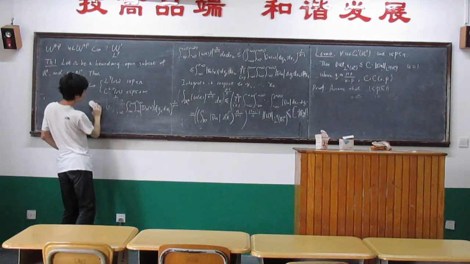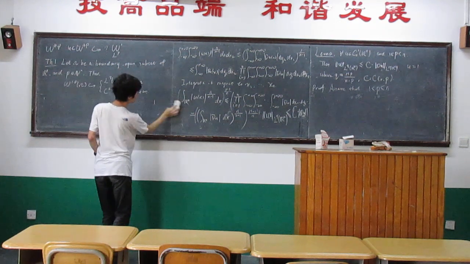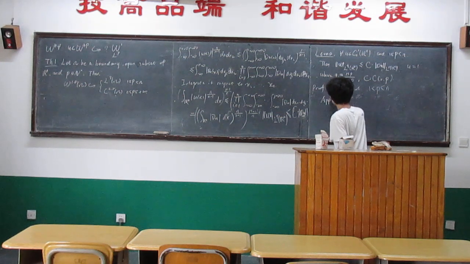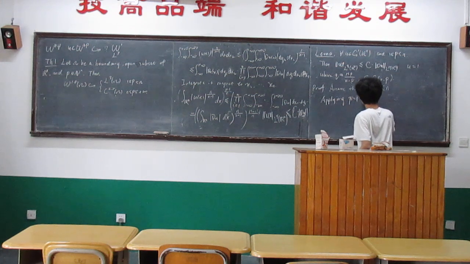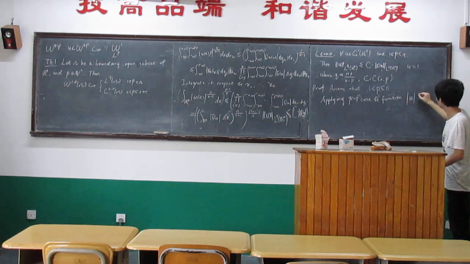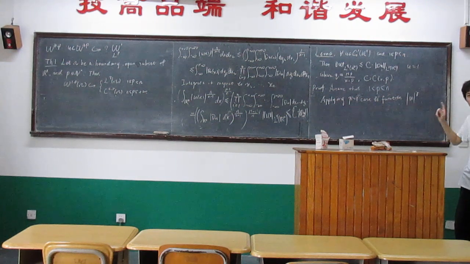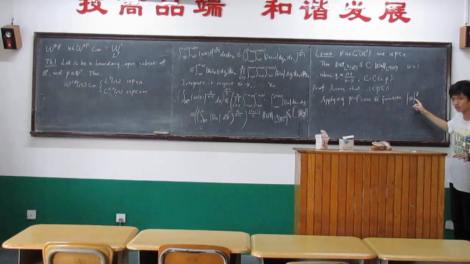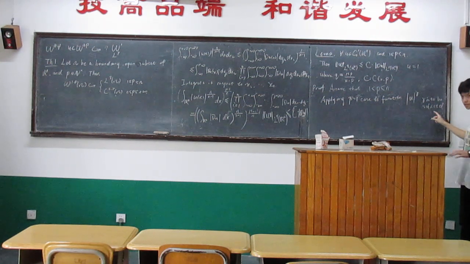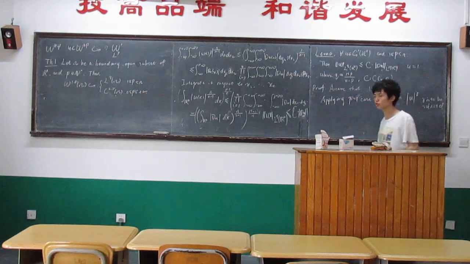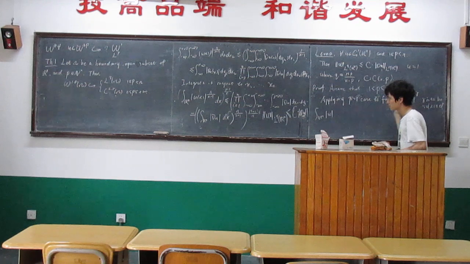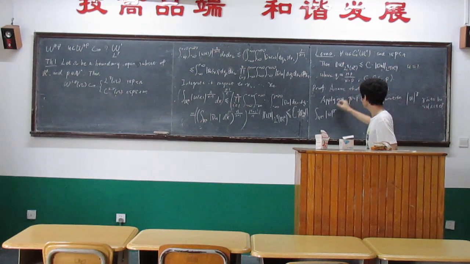So we are clever people. We don't stick on it. We can use this: apply the p equals 1 case to the function u to the power of gamma. We don't know how to choose this gamma in the first place, so we use gamma, where gamma is to be selected. We're going to select a proper gamma to finish our proof. So that is the integral over Rn of u to the power of gamma, to the power of q,